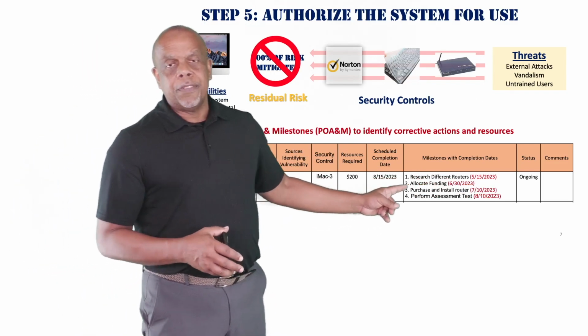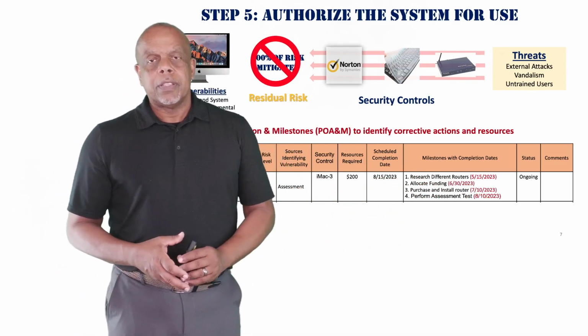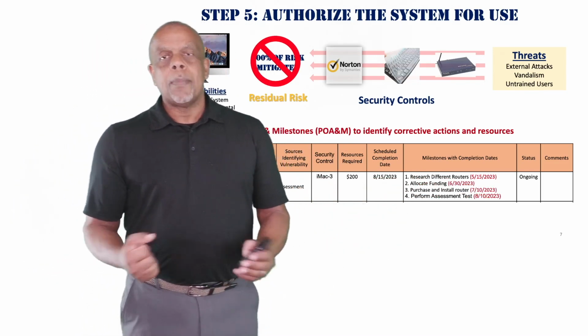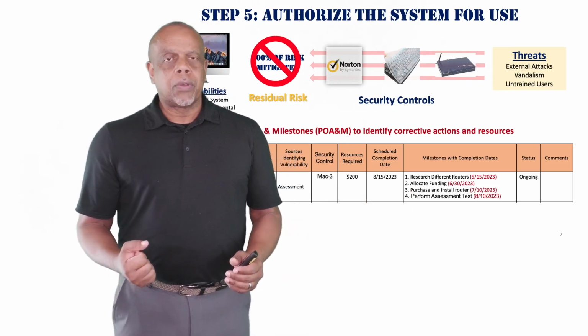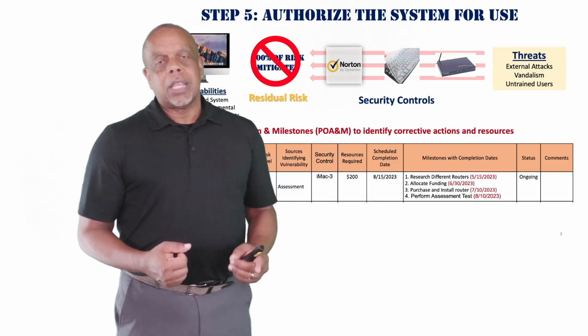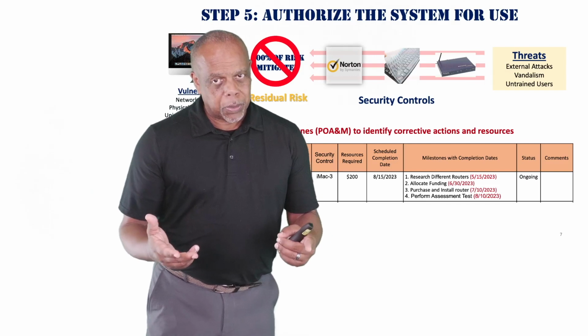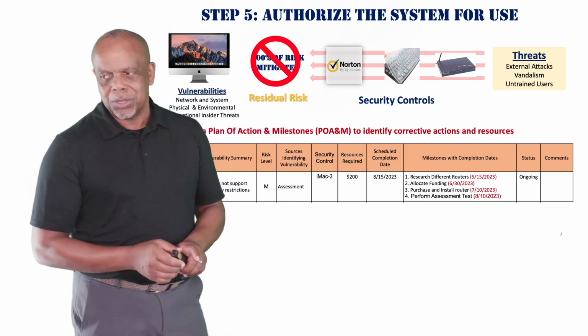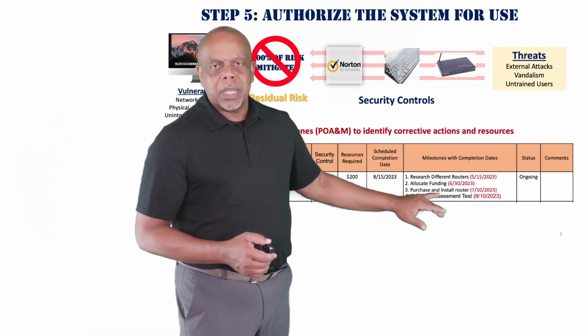Then I'm going to allocate funding. Oh, what does that mean? That means I have to get a crowbar to pry my dad's wallet open, to get that credit card out to go buy a new router. Actually, I'll probably buy it myself and give it to him as a Christmas present. Much easier solution. But yes, allocate funding,